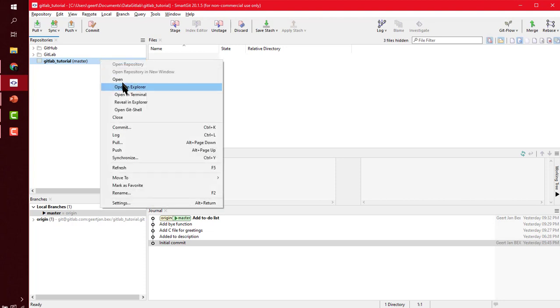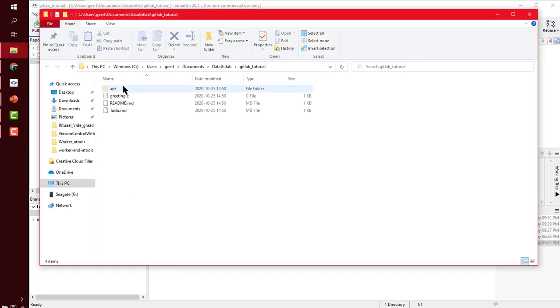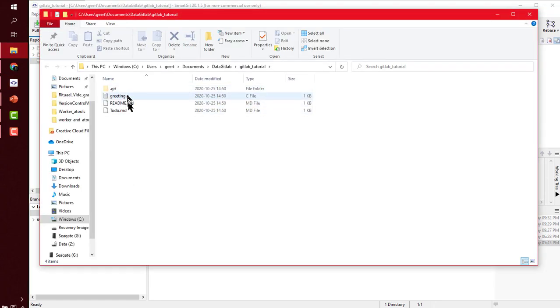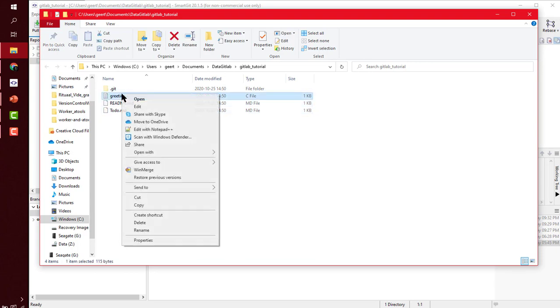Now again, let's have a look at what is in our local repository, and indeed now we see the greeting.c file and the to-do file. Now person 1 has a task and person 2 has a task. Person 1 is going to do that on the Windows machine. Person 2, of course it's both me, but is going to do that at the terminal. So the first person is going to generalize the function a little bit so that actually our current greetings are just special cases. So person 1 edits the file,